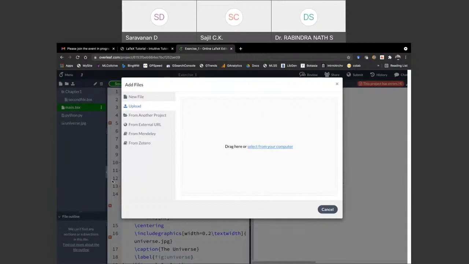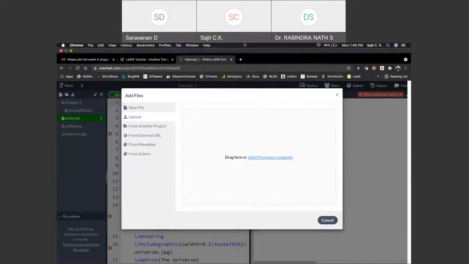But when it comes to TeXStudio and an offline installation, it is different for different operating systems. When it comes to Windows, when you first load or use a package, it will ask you whether to install it or not. So you can proceed with the installation, and once it finishes, you can right away use it. So in Windows, it is done that way. Whenever you encounter a new package, it will ask for installation and you need to install it.